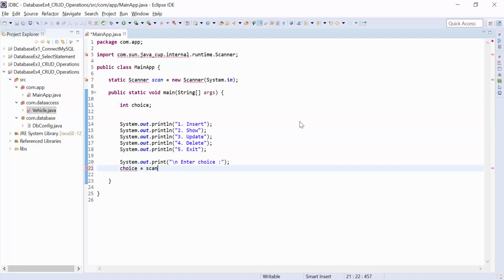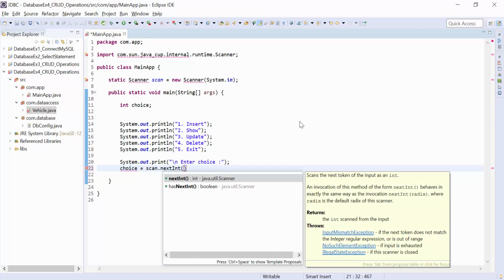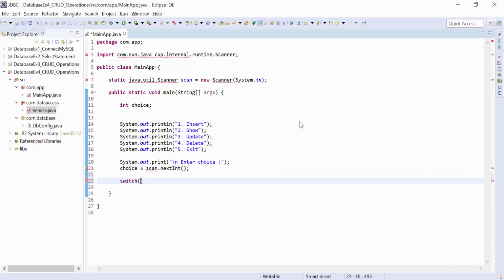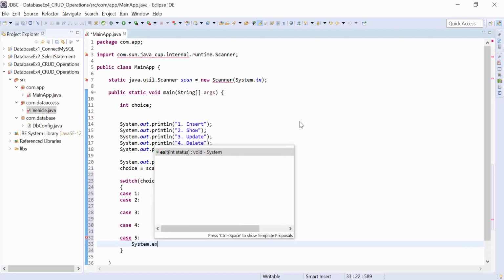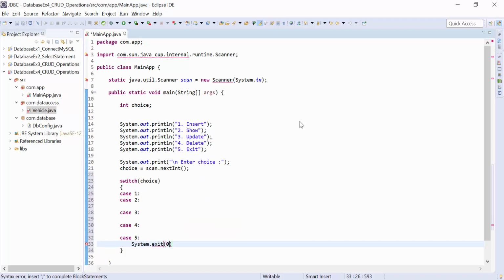Now ask the user to enter a choice. Okay, here we define a switch case. Some cases we create here. Case 5 is nothing but System.exit, a function to close the running application.